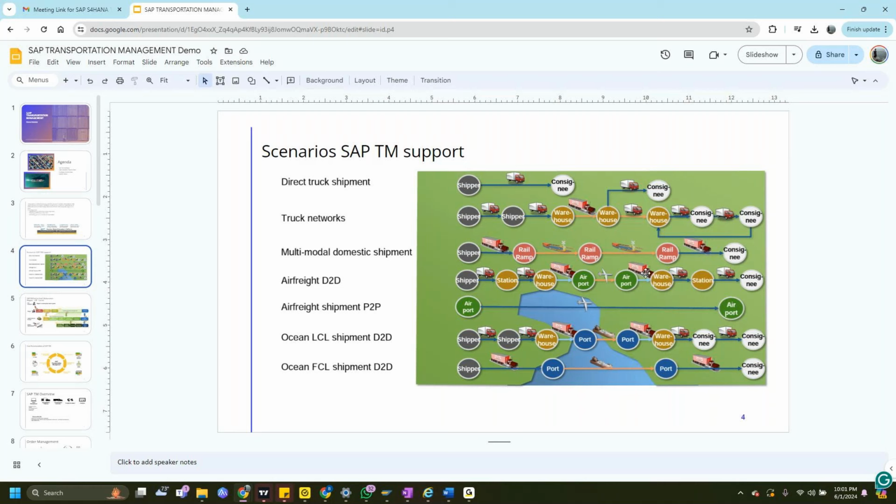So, as a transportation management consultant, our responsibility lies here: to optimize the route through the network of transportation we are using and the carrier we are using, and minimize the cost. That's a key goal for a transportation management consultant.